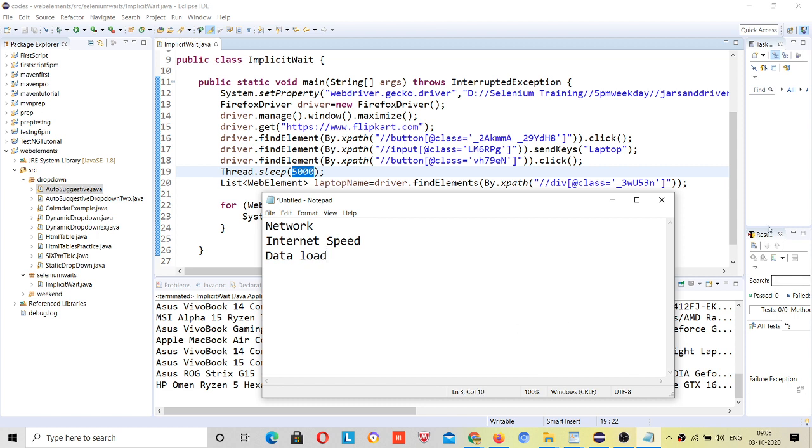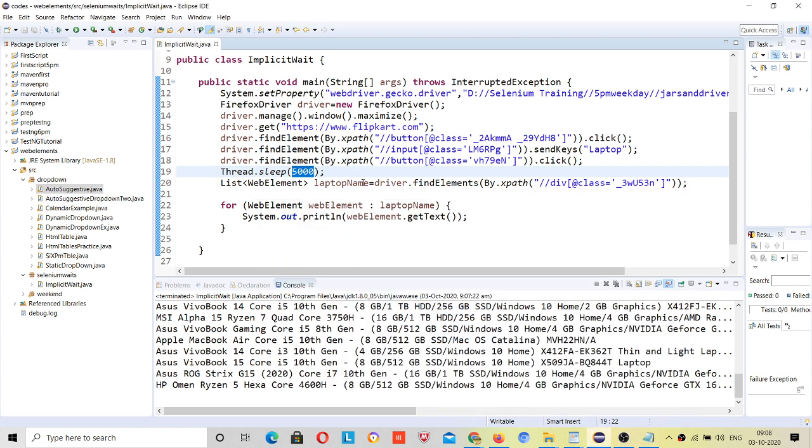Now how will you decide, considering these three things, how much wait you should give here, right? Because previously, when I was using a low internet connection, it was taking more than 15 or 20 seconds, but just because the internet speed is high, it is loading in just 5 seconds, and 5 seconds is also more than enough.